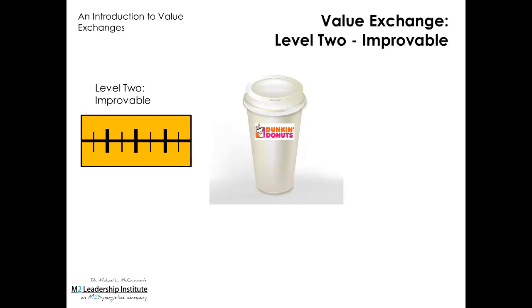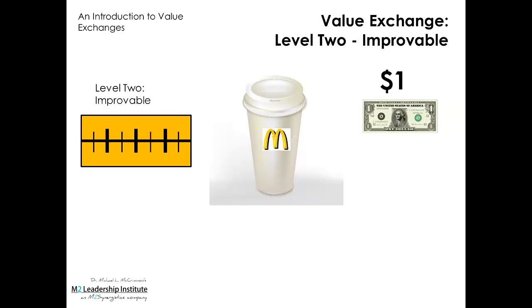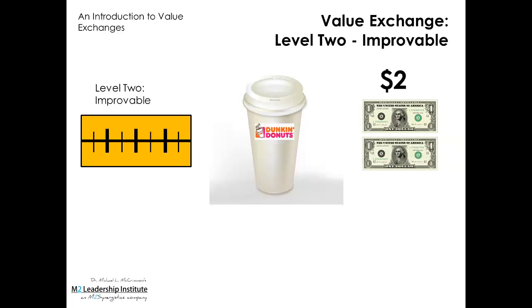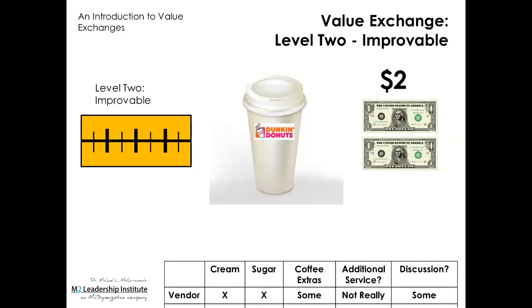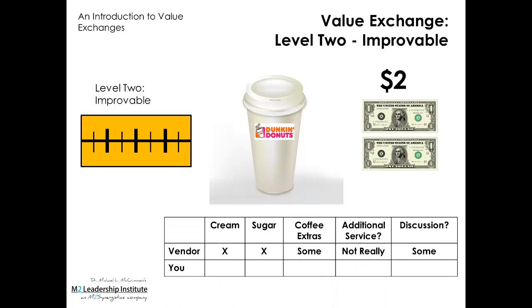for you. The McDonald's transactional cup of coffee costs roughly 99 cents, while the Dunkin' Donuts same size cup might be $1.50. Some people are desirous of having the service provider perform additional service for the additional cost over the transactional cup of coffee because of convenience, expertise. Maybe they just make a better cup of coffee than the buyer feels they can make for themselves. Taking a service and improving on it for a slight increase in price, that's improvable.